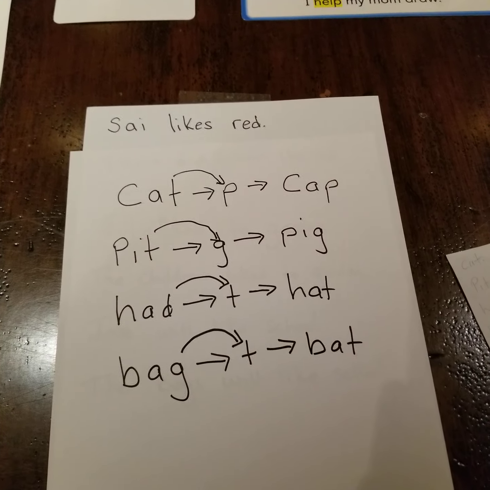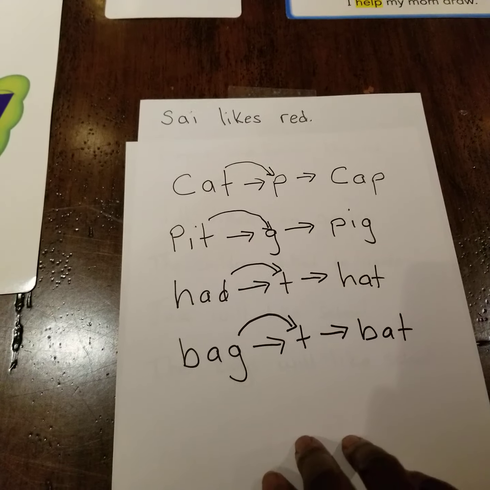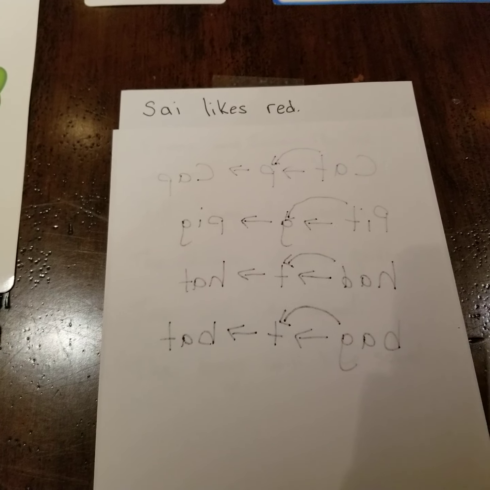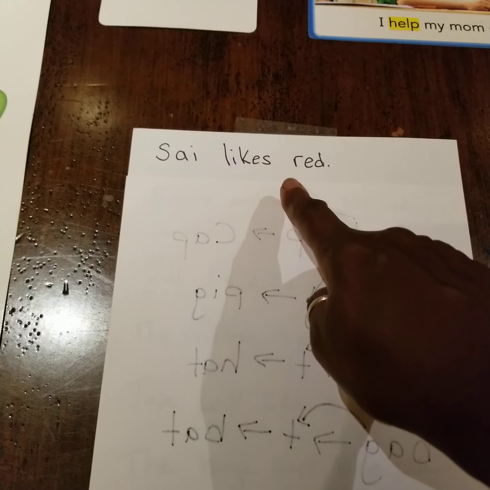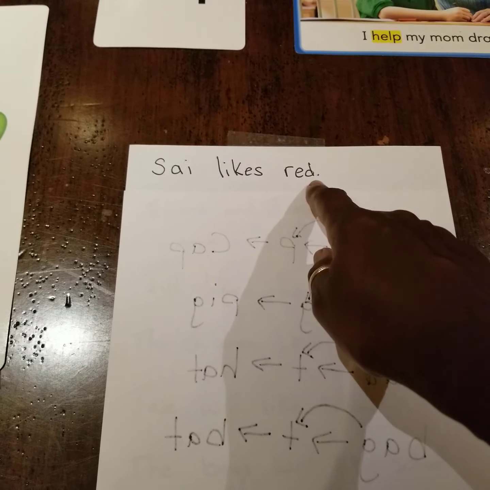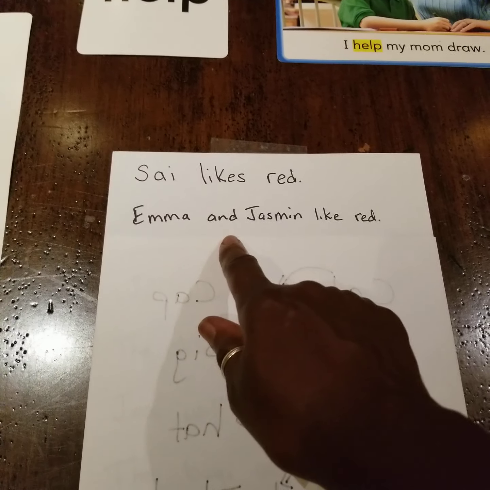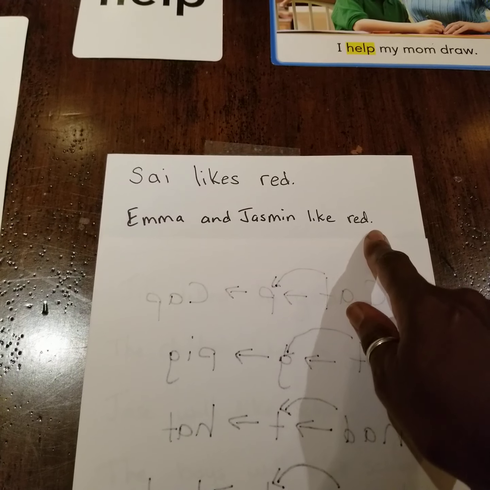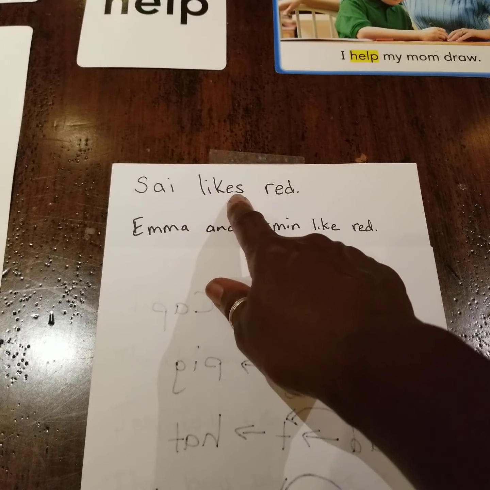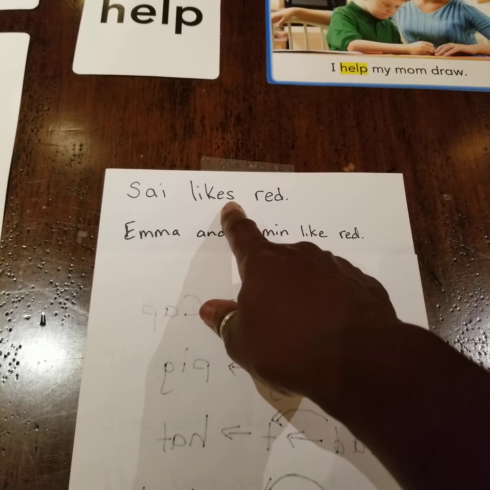Next, we're going to go over our subject-verb agreement. So we're going to take a look at this first sentence. Hopefully, I'm going to turn this over so it doesn't confuse you too much with all that writing on there. It says, "Cy likes red." Then our next sentence says, "Emma and Jasmine like red." And we see the difference in the sentences. This sentence has an S on the end of the word "likes," and